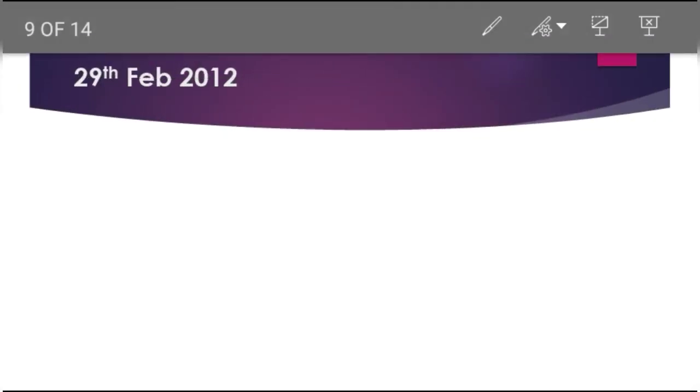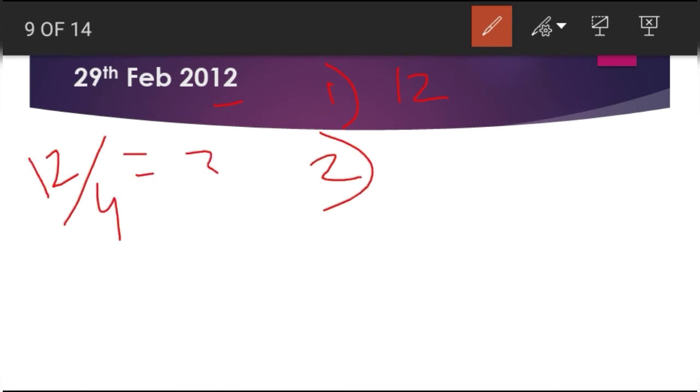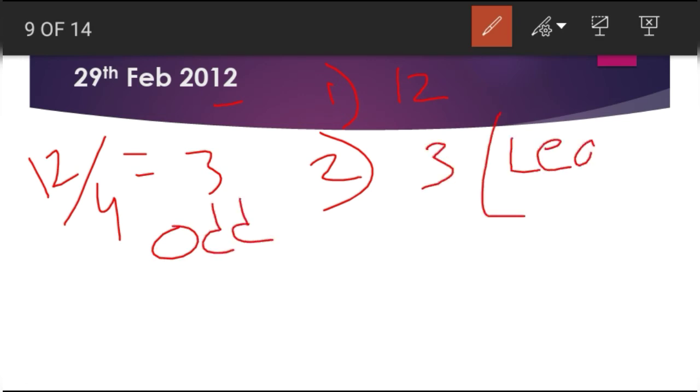Okay, let us solve another example, so you will be clear in this topic. 29th February 2012. Continue our process. Let us take the last two digits of the year, 12. Next, check for leap year, 12 by 4. The coefficient is 3 and 0 odd days. So 3 coefficient and leap year. Remember, this is a leap year.